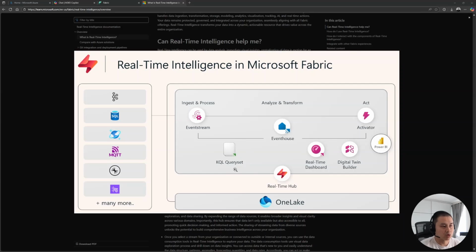We have a KQL query sets. This is basically the query language to interact with the streaming data. You have two ways to visualize the data with real-time dashboard or Power BI. Plus, we can also build digital twins to simulate real world scenarios, but we're not gonna talk about that